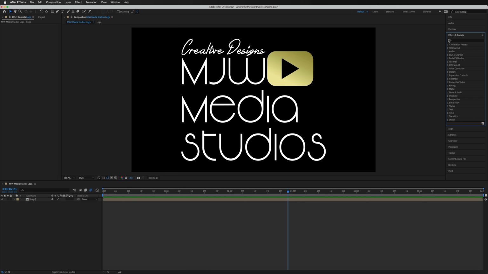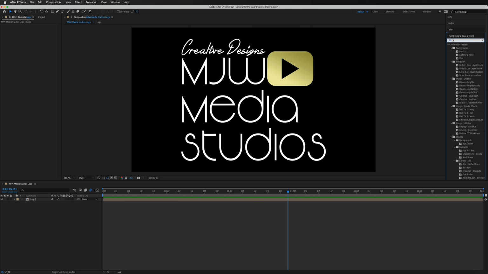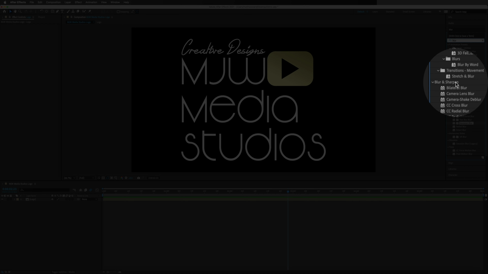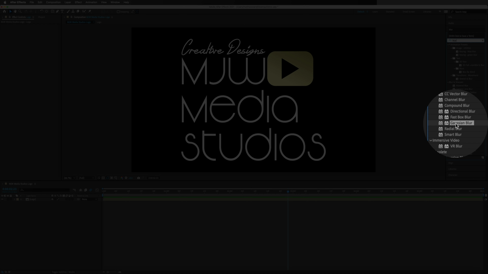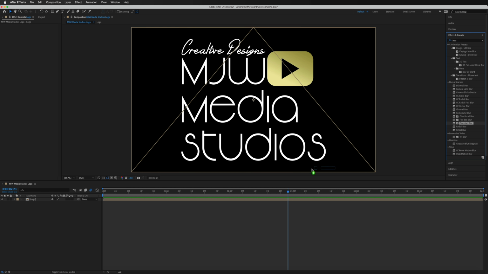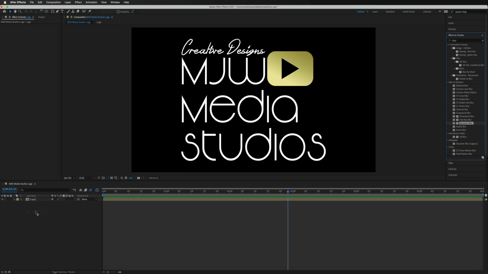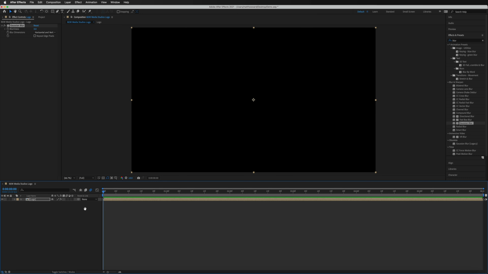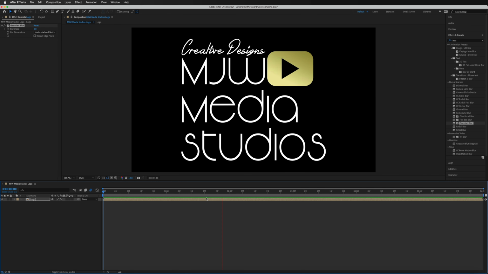Then inside of here in our search bar, we are just going to search for the effect that we want to use. For what I'm thinking of, I'm going to go for a blur. So I'm just going to type in blur and see what options we have inside of here. One of my favorites is the Gaussian blur right down there. So I'm going to use that one. So once you've found something that you want to use, despite what kind of effect you are going for, just simply tap it and just drag it all the way over to your composition window and then drop that on top of your new composition. So at the moment, when we go ahead and play this back, nothing will happen and everything is still the way that it was.